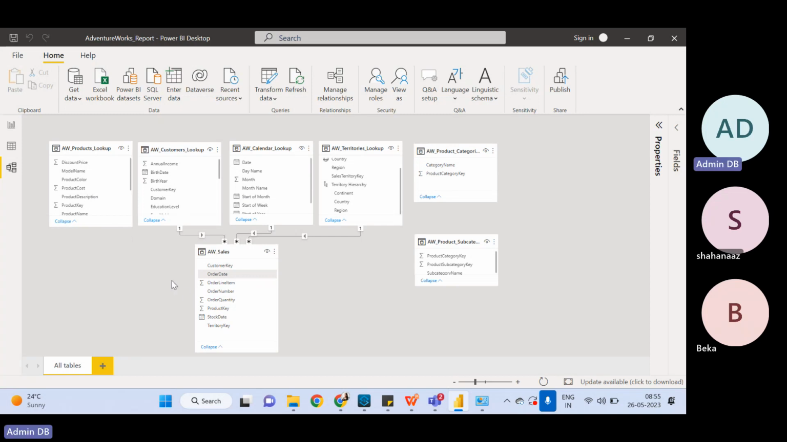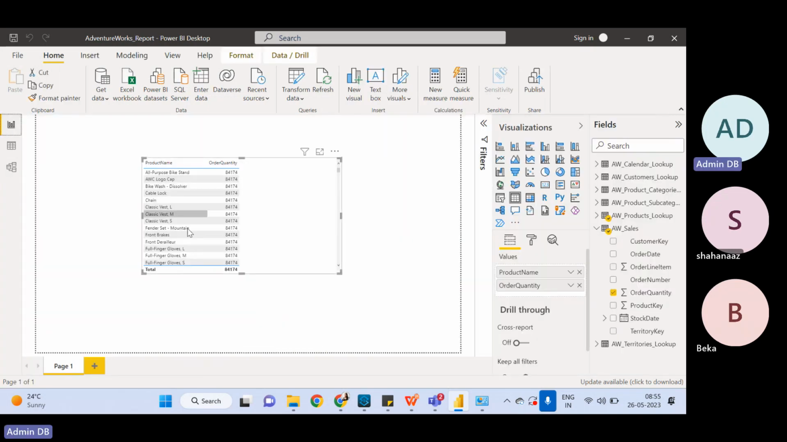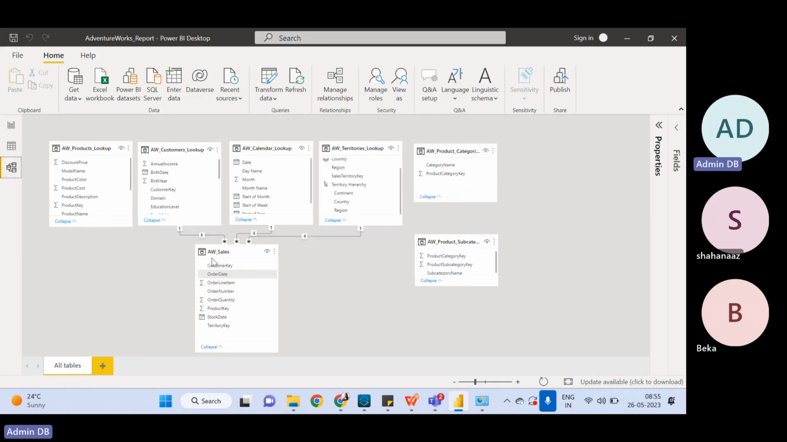Now why I removed it, I wanted to show. See here, still between product name and order quantity, values are not correct. Why? Because we don't have a relationship between product lookup and sales right now. But you will see the magic. As soon as I create a relationship between sales and product lookup based on product key,